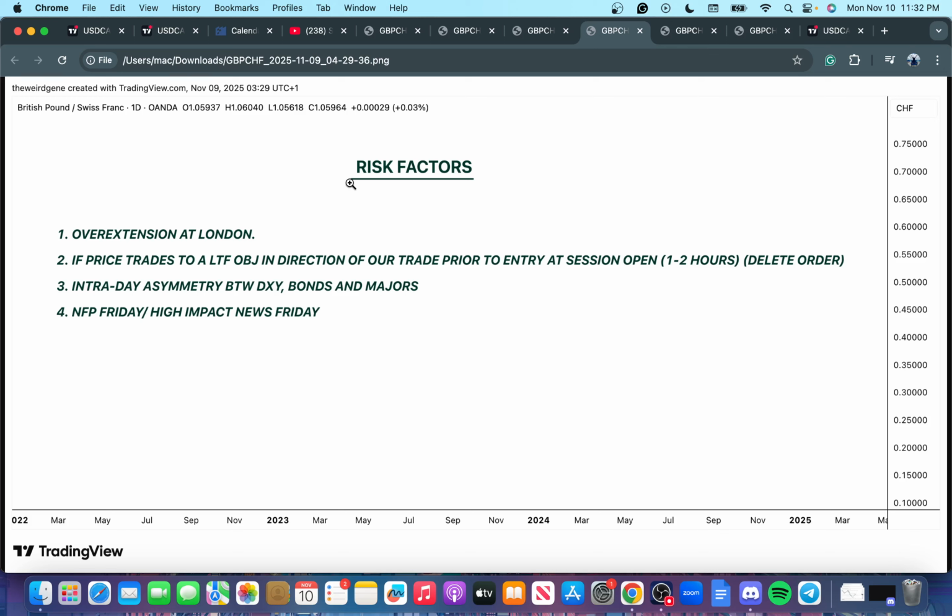Oftentimes the market can, let's say you want to be a buyer, for example. I'm looking to buy USD/CAD, right? Now there are situations in which you're looking to buy USD/CAD and maybe your entry is at the order block, but now let's say there is a bullish fair value gap just above your bullish order block, and your limit order was the bullish fair value gap. Or let's say there was a buy-side bounce, sell-side efficiency just above your bullish order block, right? Now,